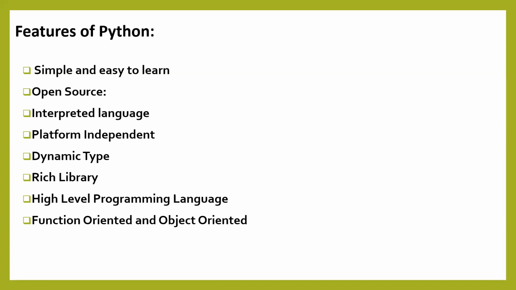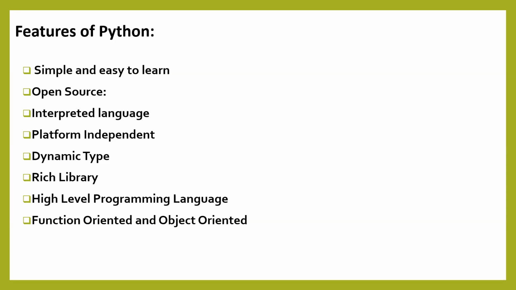Right. And the sixth one is the rich library. What do you mean by library? If you go to a library, we have a lot of books. If I am from mechanical engineering, there is a desk and I can go there and collect my books. If you are from business analytics, or computers or electronics, whatever, simply you go to the library and collect your books. In the same way, for every branch there is a desk. In the same way, for every application there is a library.